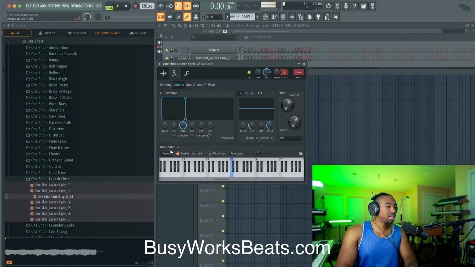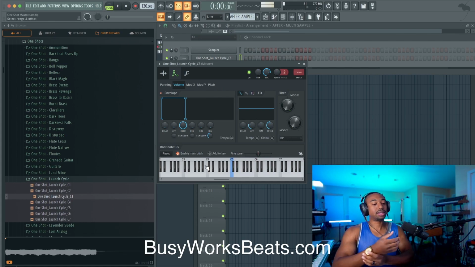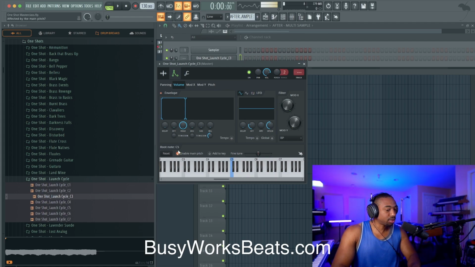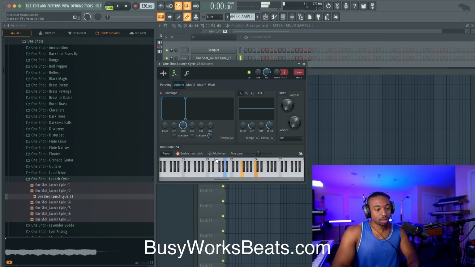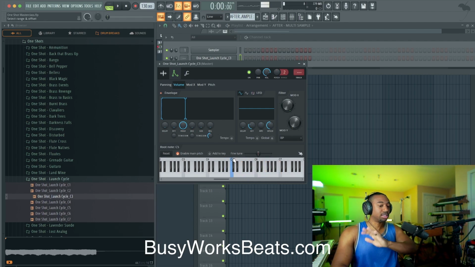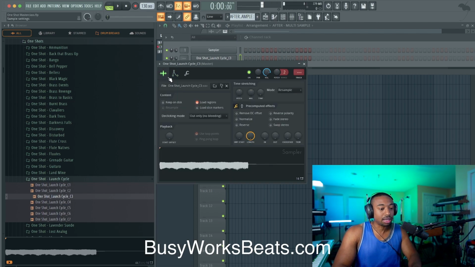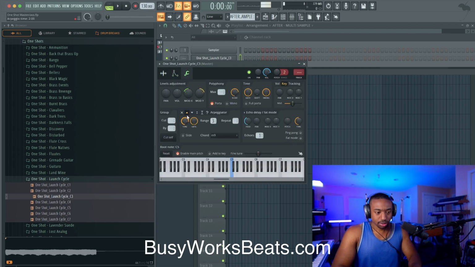Now you can also change the root note. This is a little more complex and I wouldn't do it every single time, but you could change the root note here under the envelope tab, hit reset and then right click to change the root note. So I'm hitting the same note on my keyboard, but it's playing a different note. And that's important if you do key changes and you quickly just want to shift the key without changing the MIDI. That's the way you would do it. So let's take off these effects and kind of reset it back to normal.